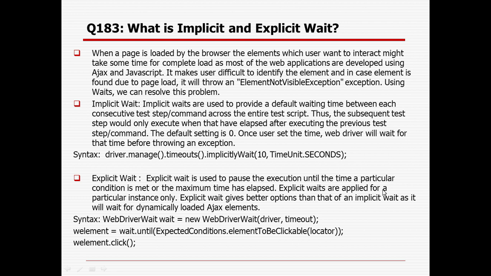Explicit wait is applied for a particular instance only. So with implicit wait, we are waiting for the whole page load, right? Whereas for the explicit wait, we are talking about a particular instance or element, right? Explicit wait gives better options than the implicit wait, as it will wait for the dynamically loaded Ajax